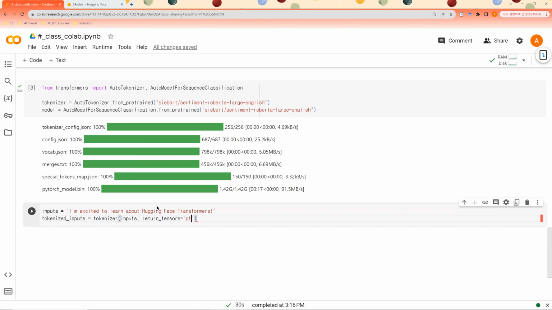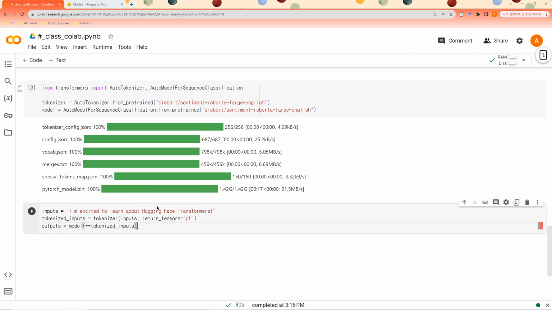Here you can specify whether these tensors are going to be in the form of NumPy or PyTorch or TensorFlow, anything. So it is up to you. You can specify the return tensor's type or not. Okay. Then what we are going to do is pass this tokenized inputs